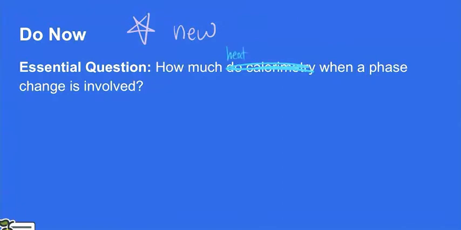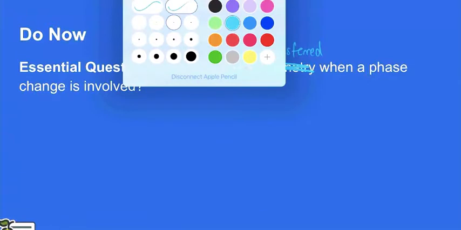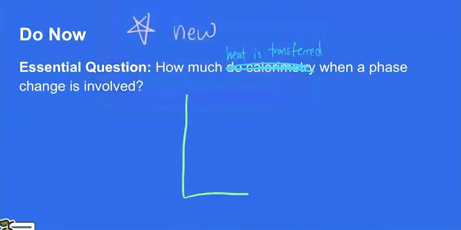Heat is transferred whenever a phase change is involved. In class, I briefly went over the phase diagram, where on the x-axis I have the amount of energy added to the system, and on the y-axis I have temperature, and we had the example of going from an ice